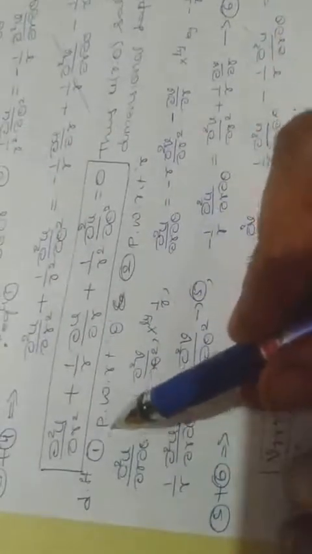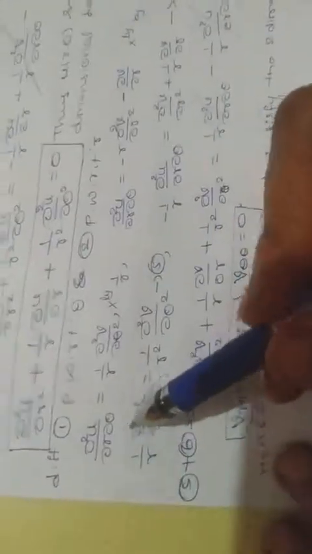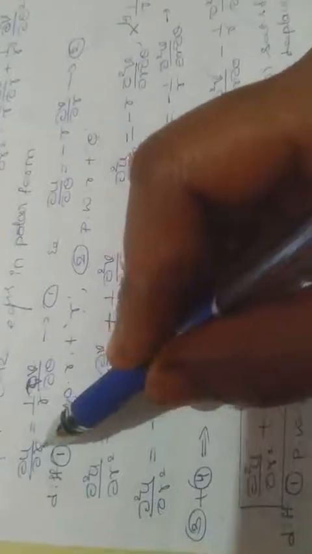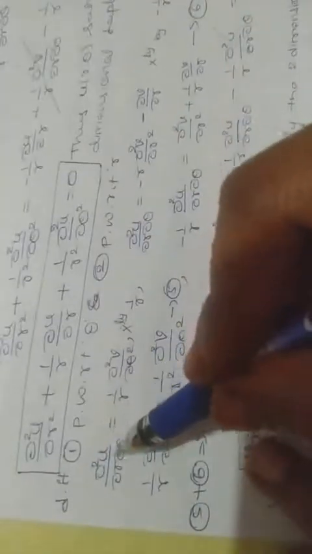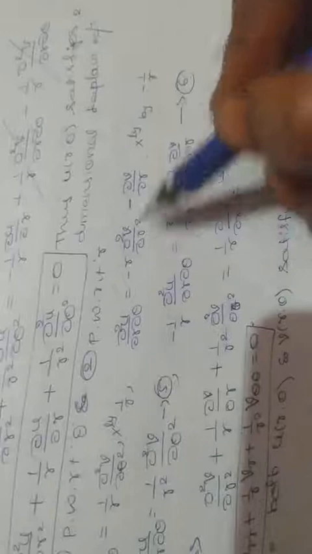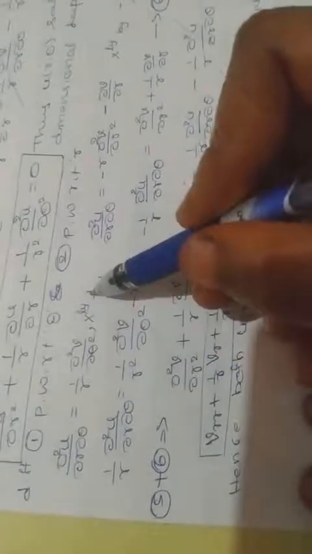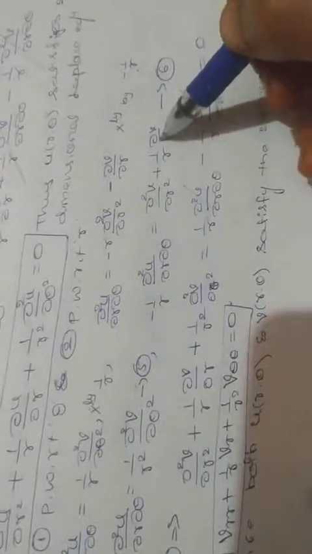Similarly, again differentiate partially with respect to θ and r. Then ∂²u/∂r∂θ. See, one is ∂u/∂r. Now with respect to θ means ∂²u/∂r∂θ equals 1 by r into ∂²v/∂θ², multiplied by 1 by r after differentiating with respect to θ. Next, the second equation partially with respect to r. Here multiply the second equation by minus 1 by r. So here after multiplying by 1 by r you will get this, and here again minus 1 by r, you will get equation number 6.